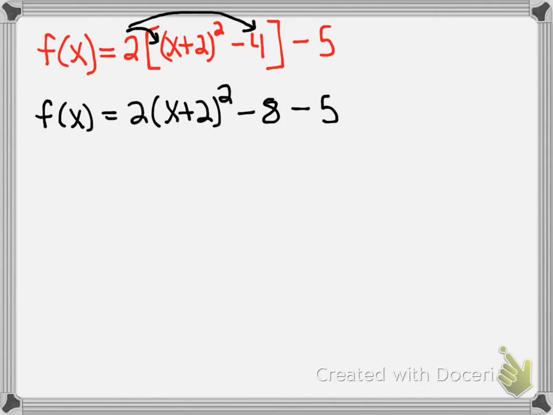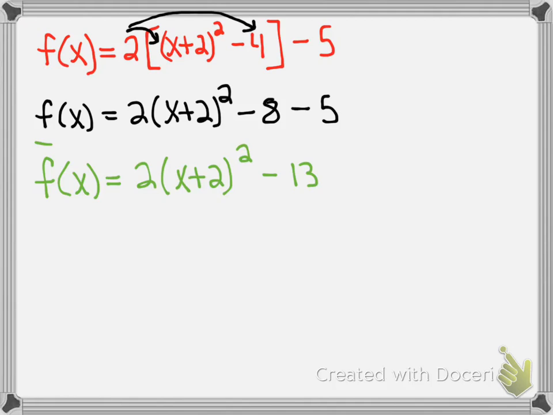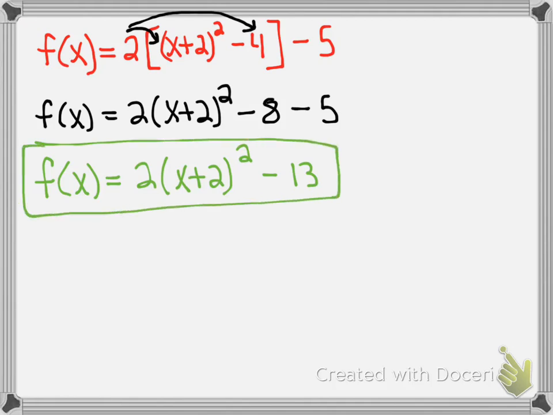So f of x becomes 2 times x plus 2 squared, and then minus 8 minus 5 gave us a minus 13. So this would be our final transformation form. And that's going to allow us to read off the vertex,